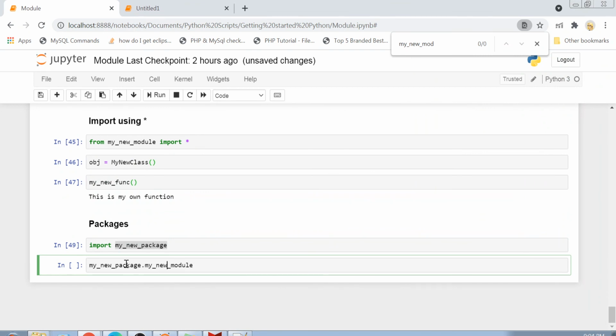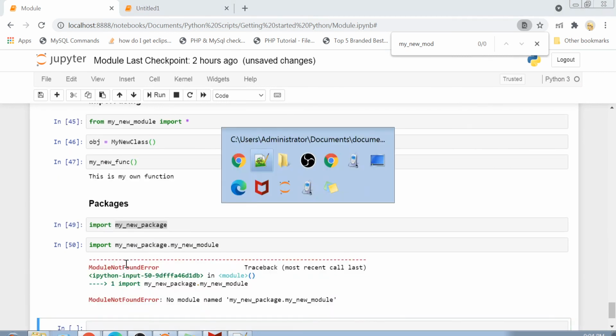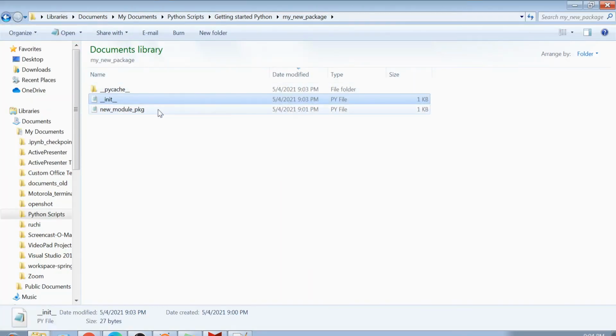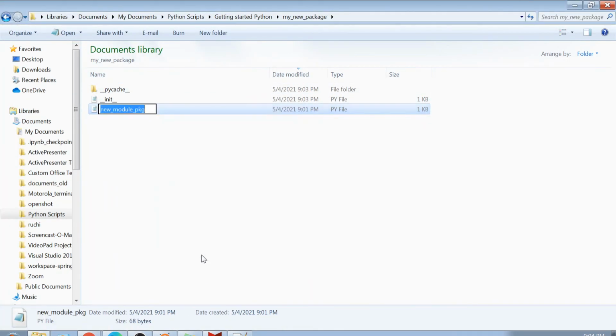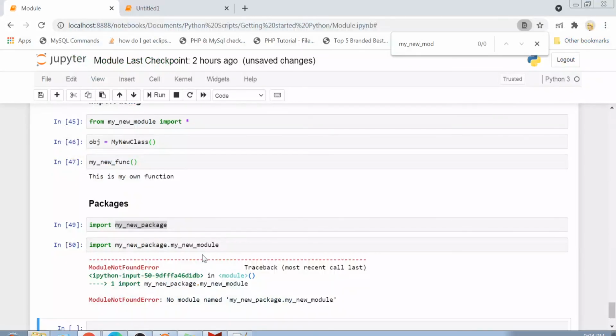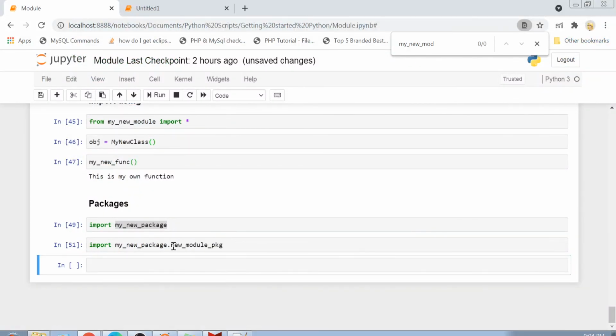And if you now import my new package dot my new module, okay, this gave an error because your module name is different. So I'll just copy that, and it is like import my new package dot new module pkg, and now you see that this import statement is not giving any error.